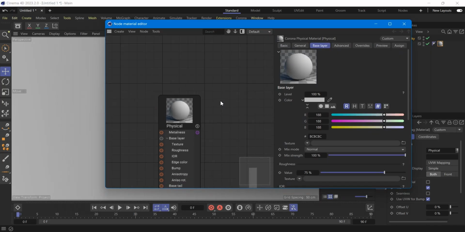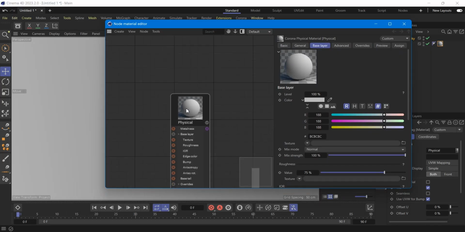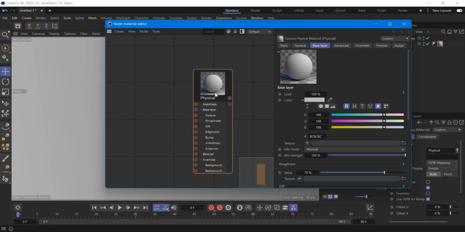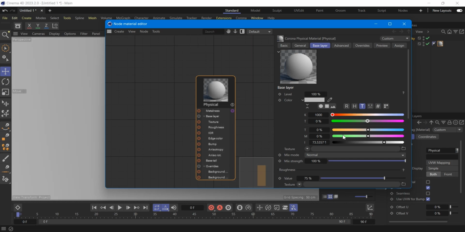So what we're going to do, I won't change a lot of things, I will just show how to get those flecks, because normally you can do them with one color, but I will show you how to do them with many colors, more than one color. So let's say we have this material here, right? Let me just make a different color to this,